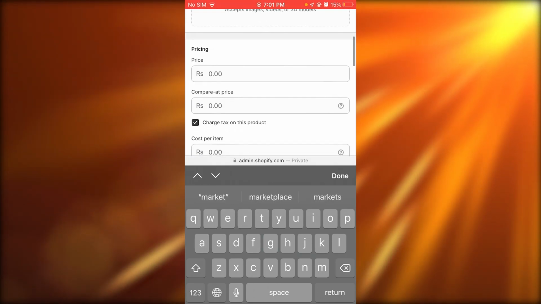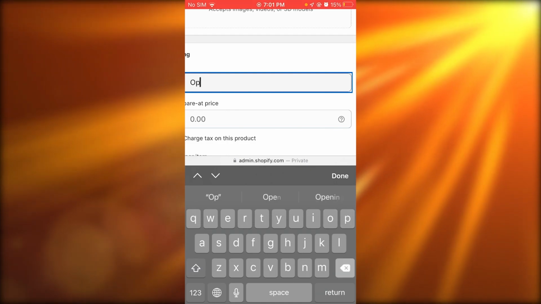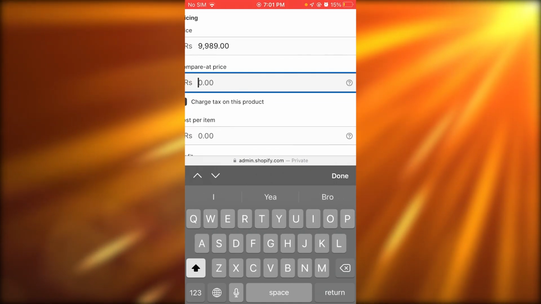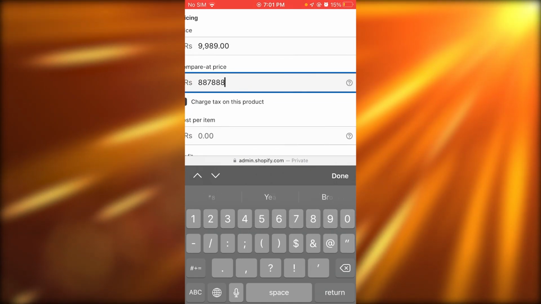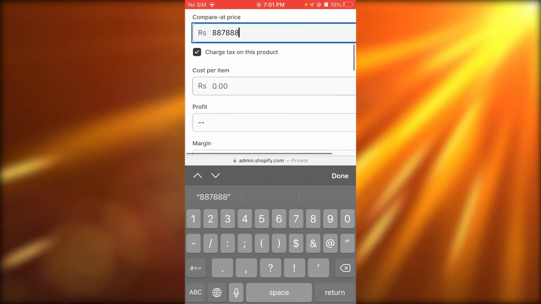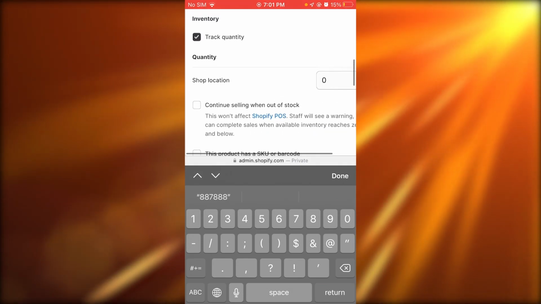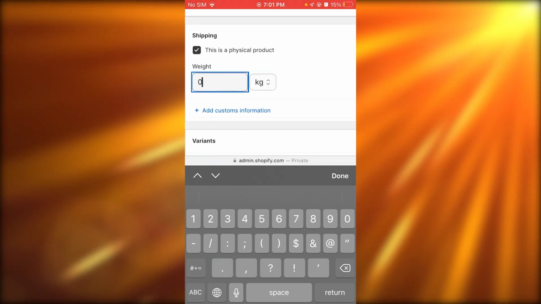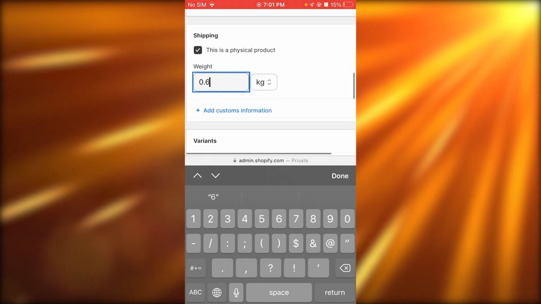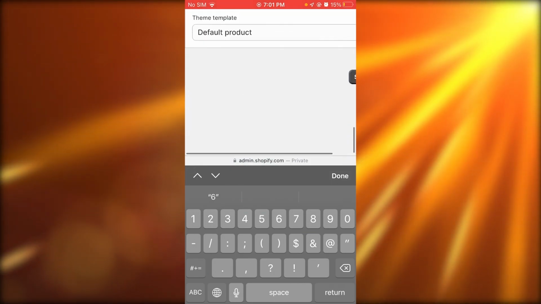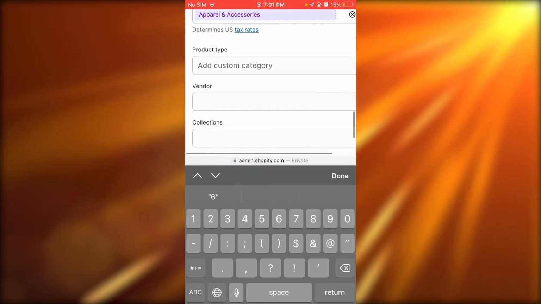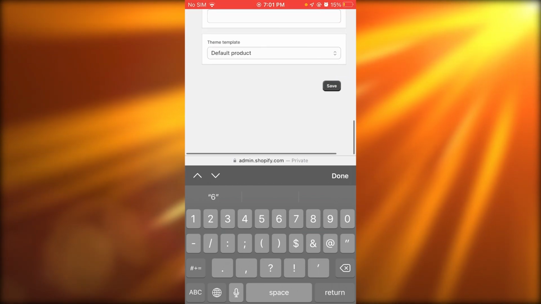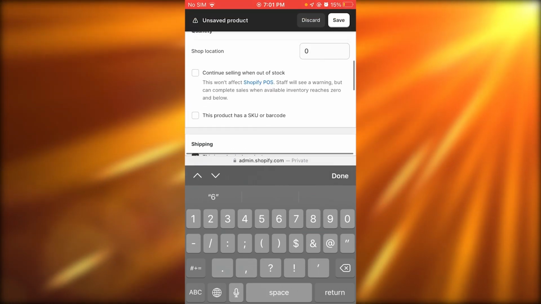Once you do that, you're going to go down here and add the pricing. However much it costs, you're going to add that. You're going to add the cutoff price, and you have price per item, your margins and everything. You can also track its quantity if you want to. Then you have the weight of the product. You can add that for yourself. Once you do all of that, you can add the variants. And finally, once all of that is done, you can simply go ahead and save your product,